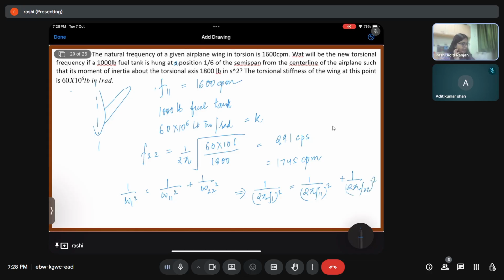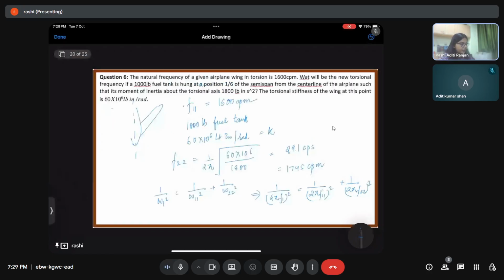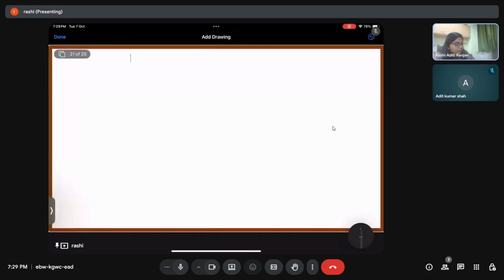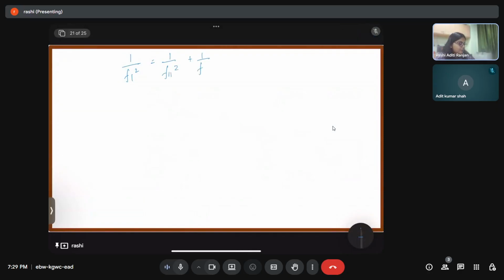The 2 pi's will get cancelled. Finally, we are going to get 1 by f1 square is equal to 1 by f11 square plus 1 by f22 square. So putting the value 1 by 1600 plus 1 by 1745 square, this will give us f1 as 1180 cycles per minute. This is the new